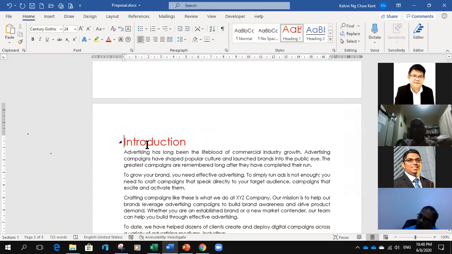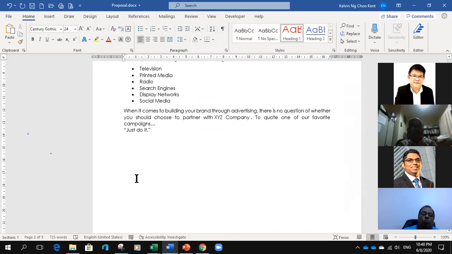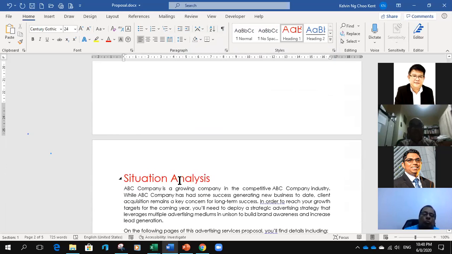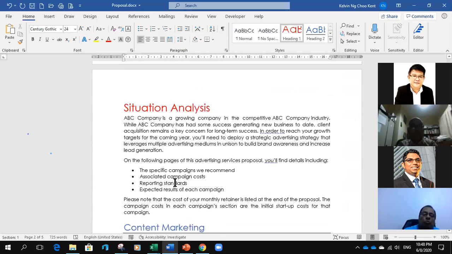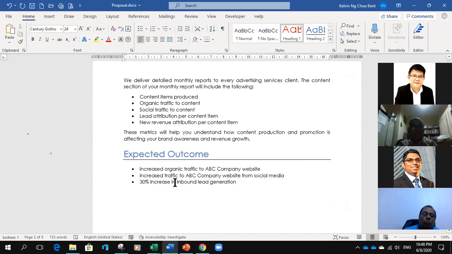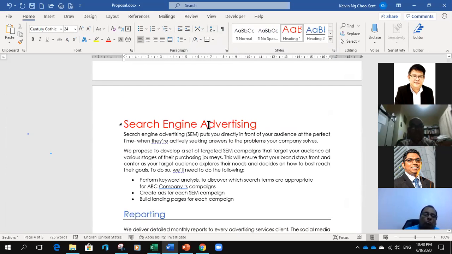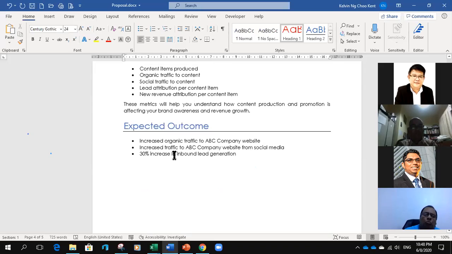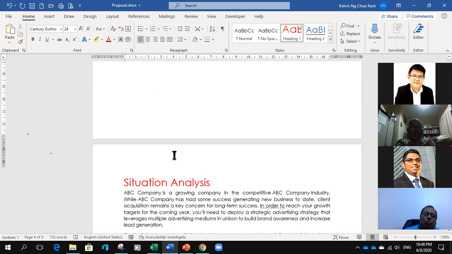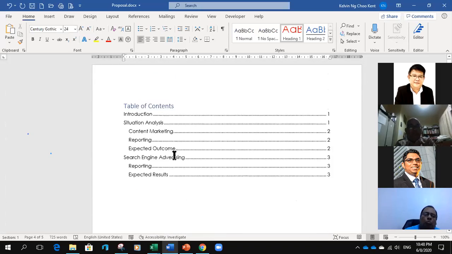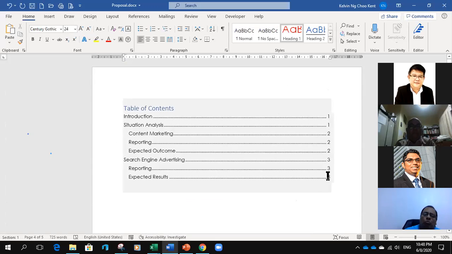It went to the next page. And you notice that there's so much space down here because the next title is actually a brand new title. So they start here. So let's go down and take a look. I have a lot of space here, but because this is a brand new title, they start on a brand new page. Now, if I do the page break just now, what happened is my table of content, the page number now is not correct.